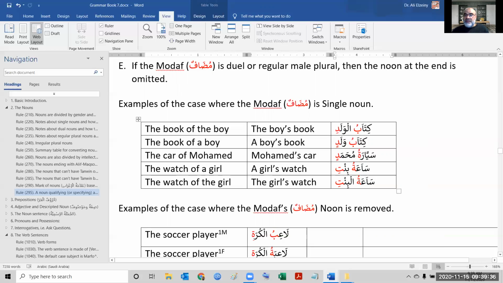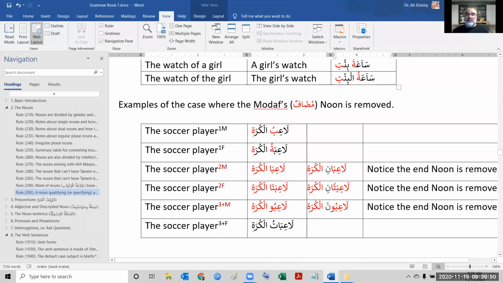Okay, and here sarf is allowed, and because we have tanween, we don't have alif lam. Okay, so these examples are clear. Let's jump to another set of examples, which is the soccer player. The soccer player using all possible 6 cases: 1 male, 1 female, 2 male, 2 female, 3 plus male, 3 plus female. Okay, what we have here